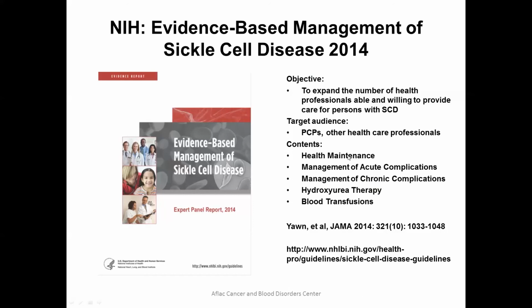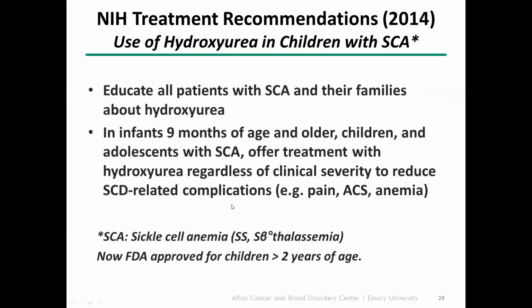health maintenance, in other words, things to do to keep a person with sickle cell healthy, management of acute complications, how to manage chronic complications, and then there was an entire section on the use of hydroxyurea therapy and also on blood transfusions. And the recommendations for children, for the use of hydroxyurea in children, are that for all of the patients who have sickle cell anemia, in other words, the SS kind of sickle cell and the S beta 0 thalassemia, that we should educate all of those patients and their families about hydroxyurea, and that beginning at